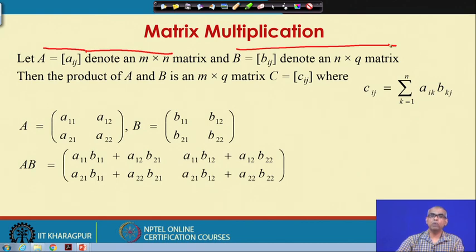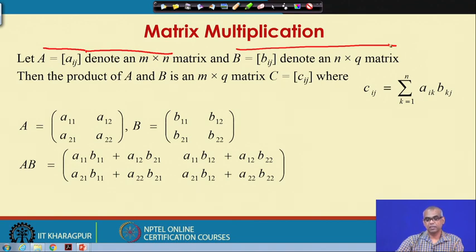So, the product between two matrices will be defined when the number of columns in the first matrix is equal to the number of rows in the second matrix. So, an m by n matrix and an n by q matrix can be multiplied. The product of A and B will be an m by q matrix,